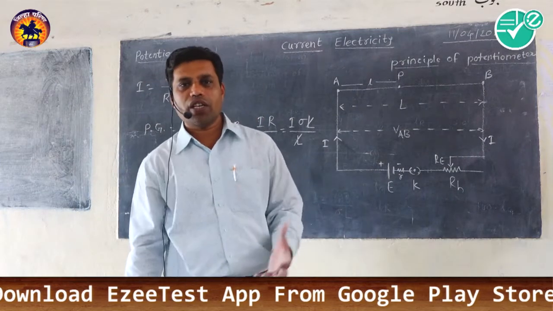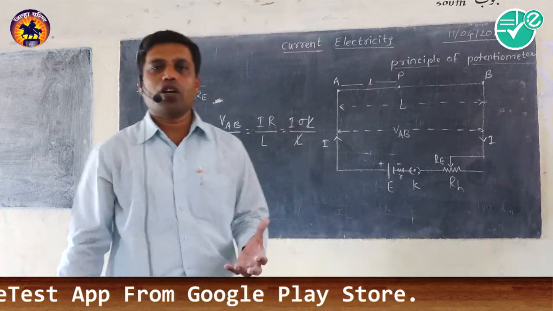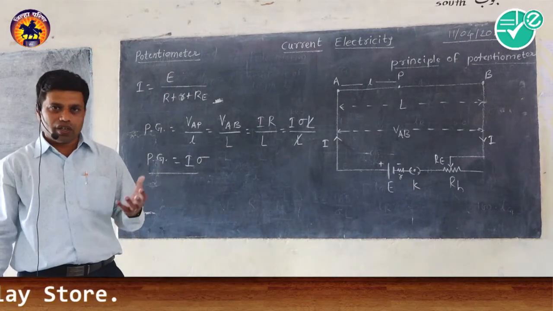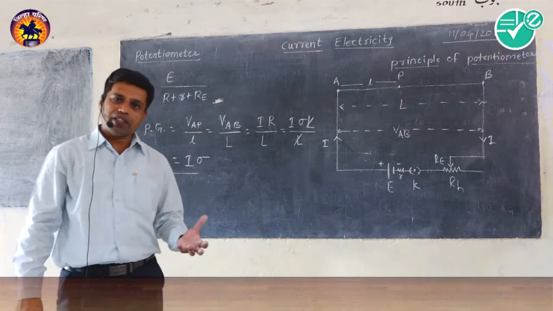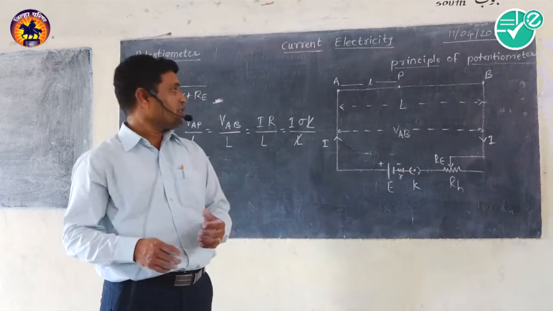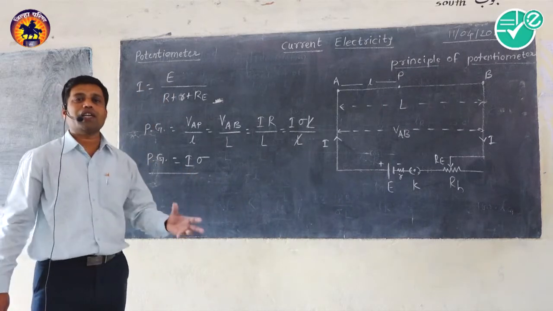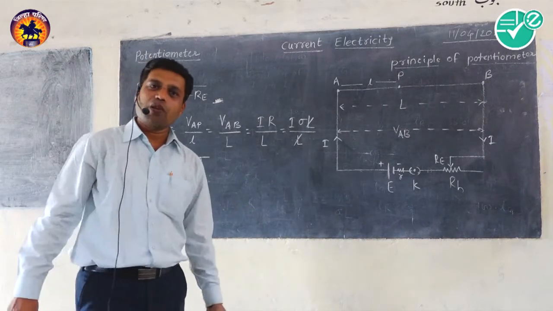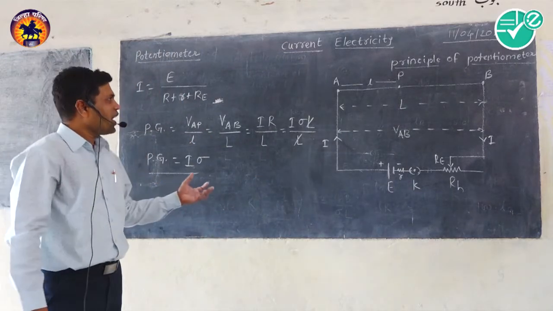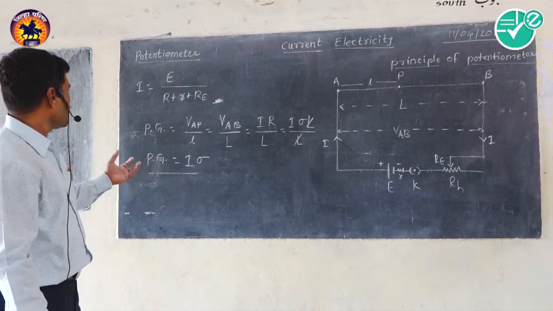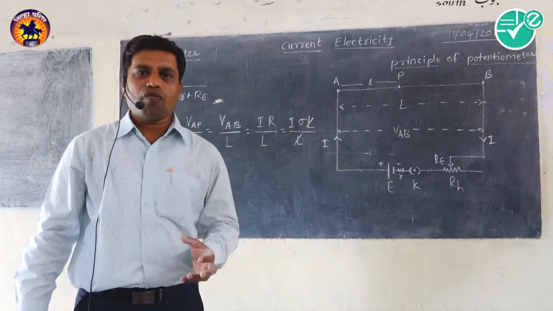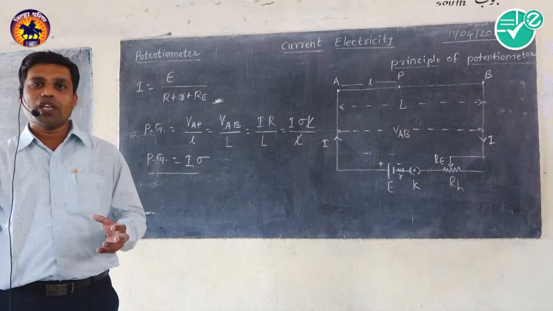Use of potentiometer to calculate the EMF of a cell, to compare two EMFs by the sum and difference method and by the separate cell method. This formula is also important to calculate the internal resistance of a given cell using a potentiometer. So, with this very short idea of the principle of potentiometer and different formulas, we will move towards our next article, that is the use of potentiometer to calculate the unknown EMF of a given cell.